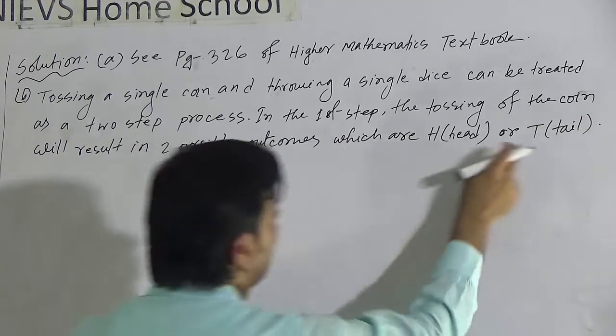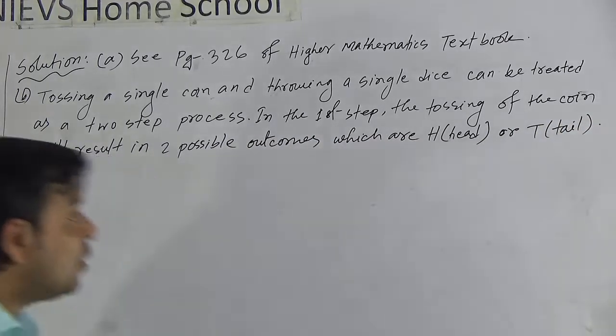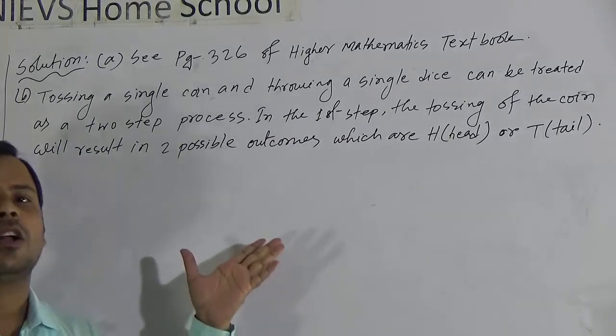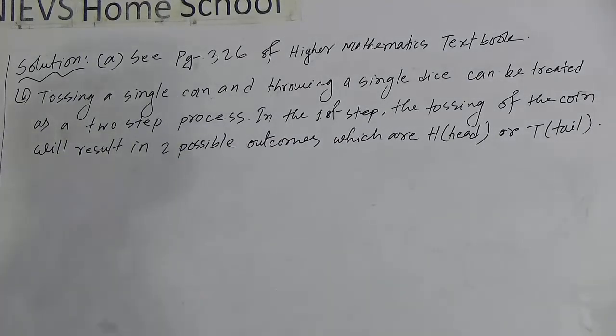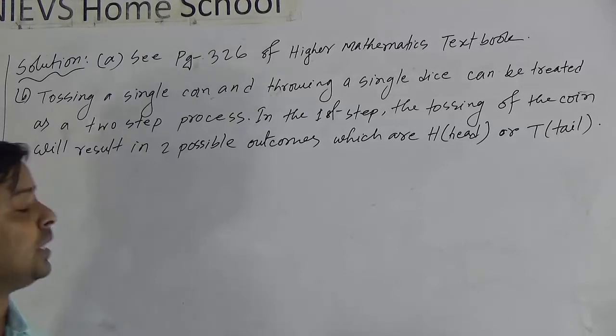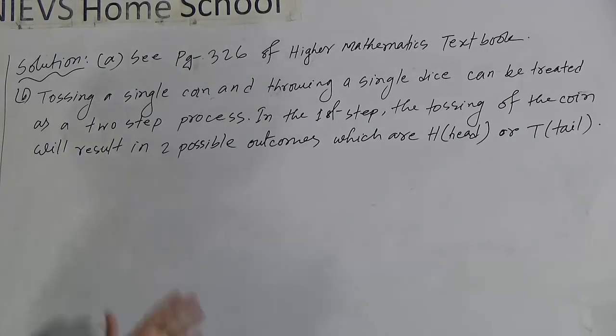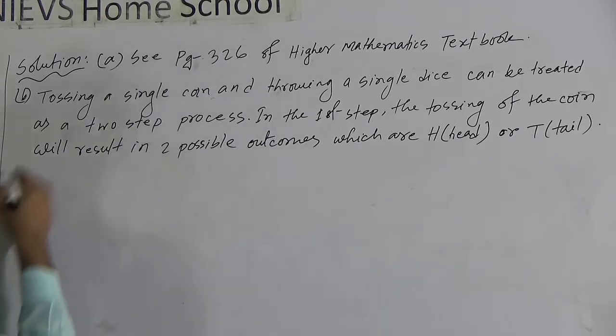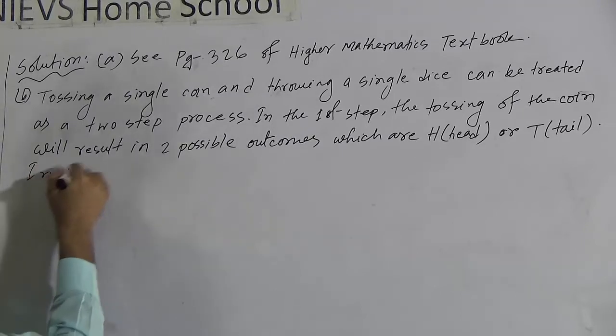These are two possible outcomes when we toss a coin, and then we have to throw a dice. So we can write in the second step,